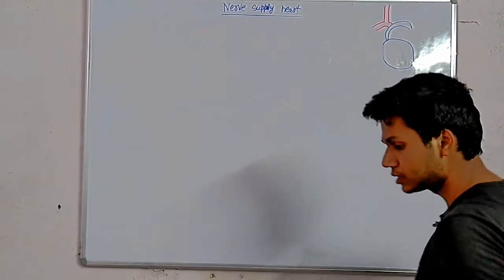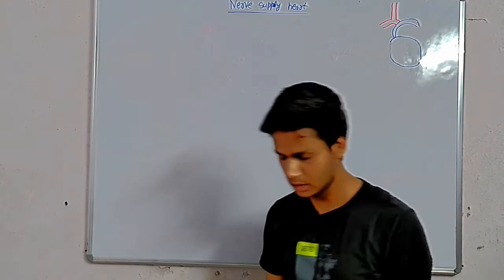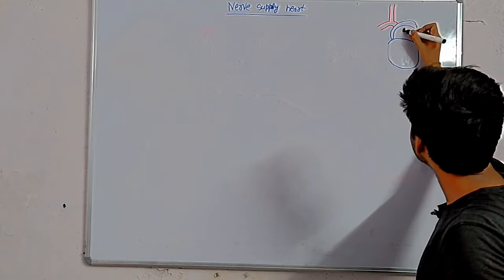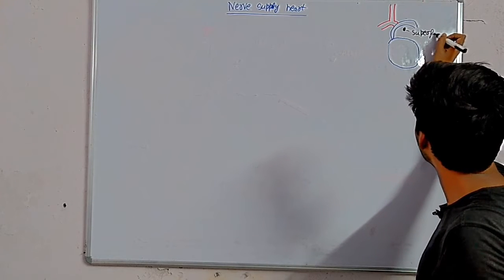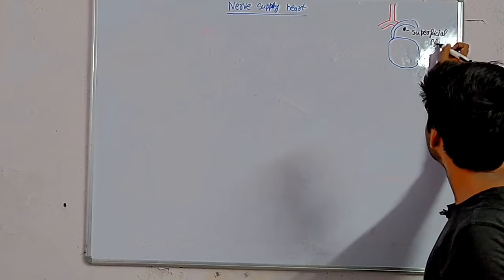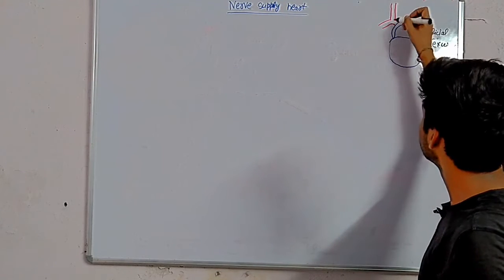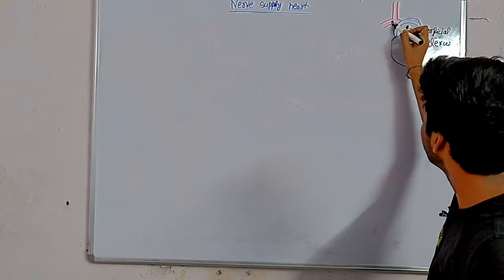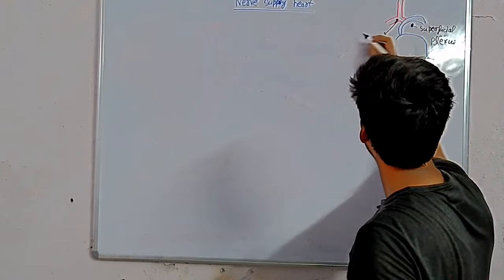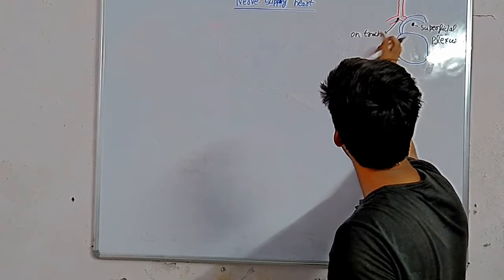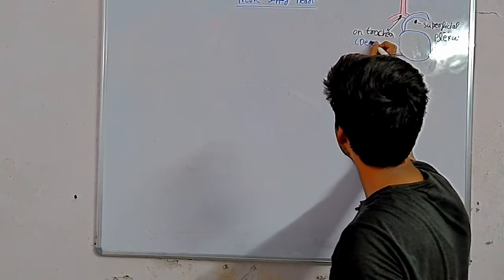There are two plexuses formed in the nerve supply of the heart. Plexus means a bundle of nerves which supply the heart. One is the superficial plexus and the other is the deep plexus. The superficial plexus is present here. The deep plexus is present just in front of the trachea, posterior to the arch of aorta. So there are two plexuses which supply the muscles of the heart.